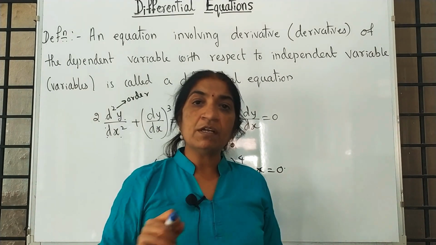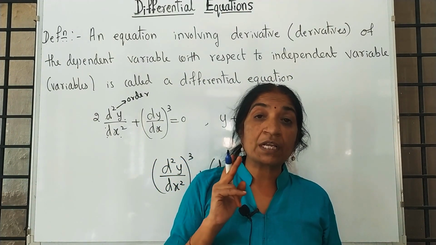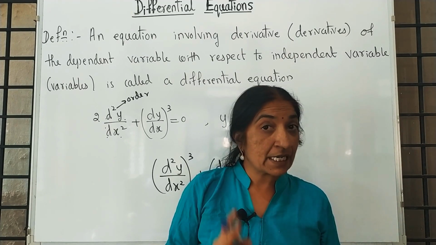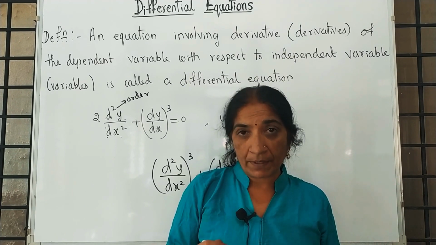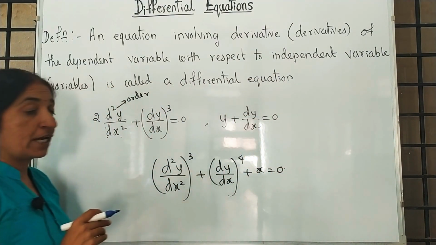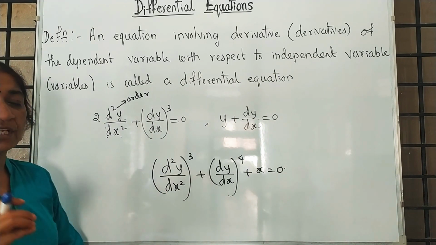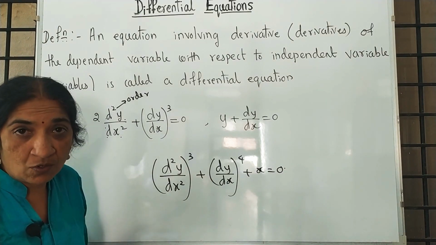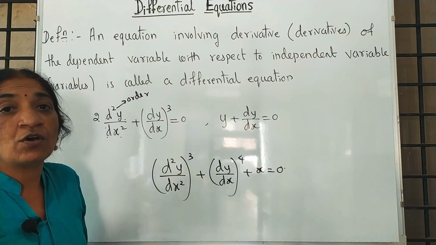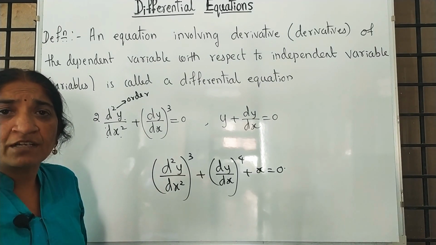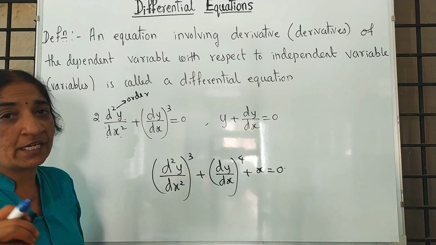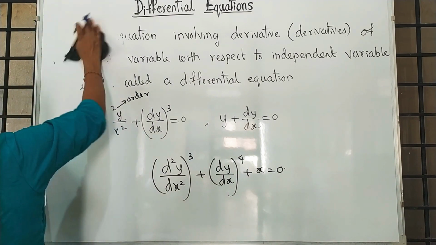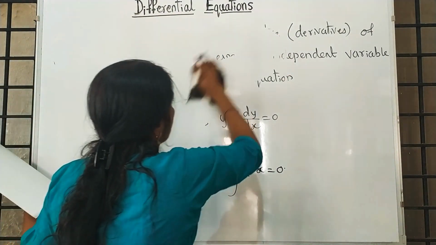Understood? Now, I am giving you the definition and examples also. And you will get a 2-mark question for writing order and degree from this chapter. In the annual paper, 2 marks question for writing order and degree. And one more thing you have to note down: order and degree should always be positive integers. You cannot say -2 order. We cannot differentiate negative 2 times, correct? So order and degree are positive integers, and no fractions.